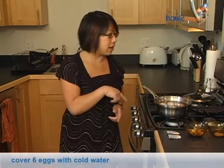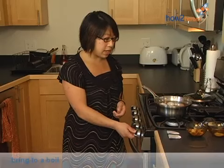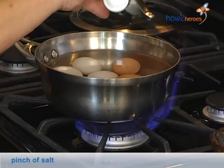So the first step is put your eggs in a pot of cold water, just cover it up, and right now I have 6 in here. You want to bring it to a boil, and then once it hits the boil, cut off the heat, cover it for about 4 minutes until you just want the whites to harden. It's optional, but you can put a little dash of salt in. It makes the peeling of the eggs once they're cooked a little easier. Put a little in there,